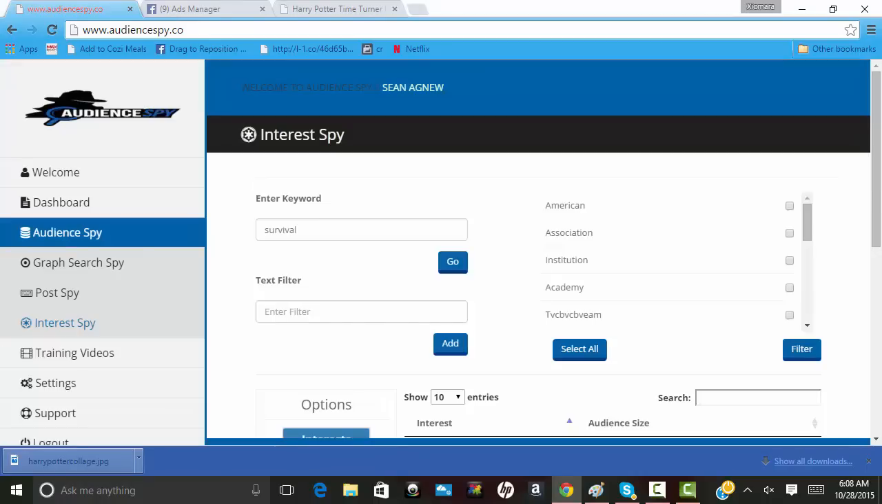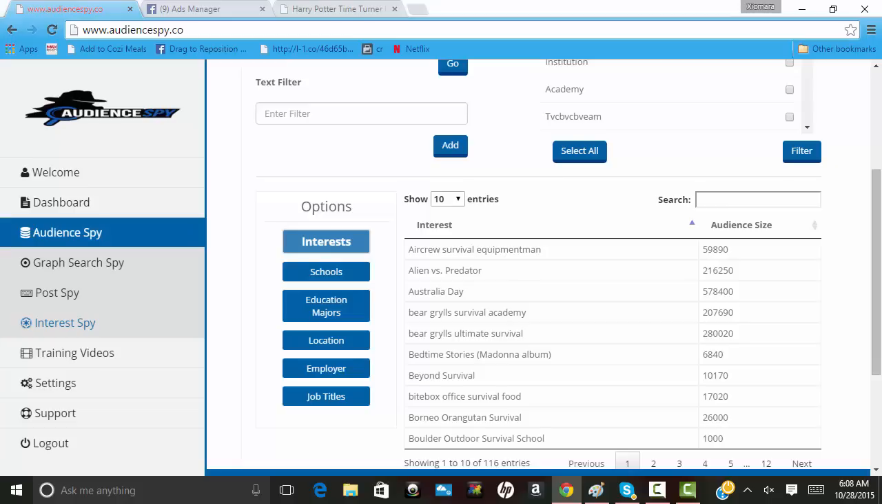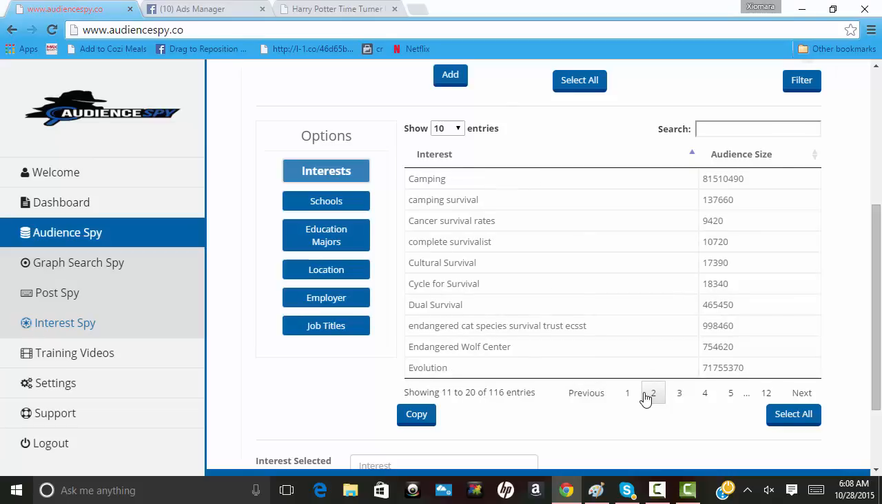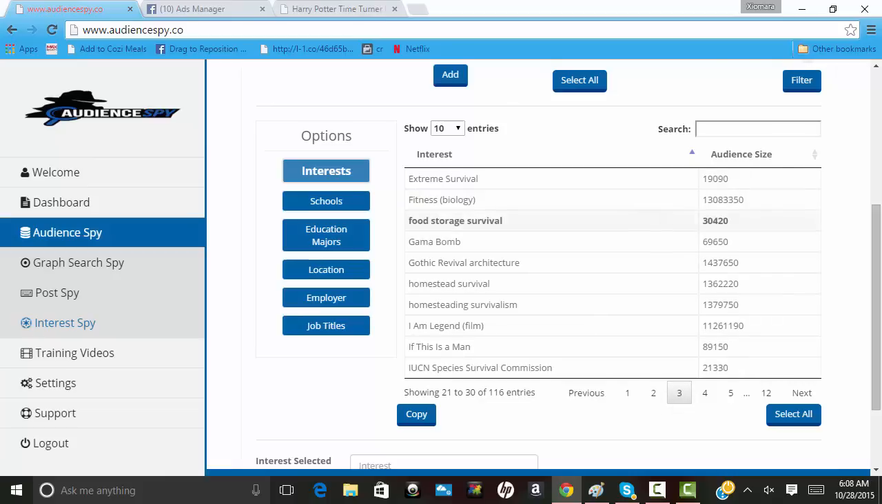giving it a moment to load, and look at this. I have 116 pages. Now keep in mind, anything that has the word survival, you have to do some filtering yourself. So look, I'll choose, this is a brand, Beyond Survival, and then there's Survival Academy, Survival School. I'm going to pick anything that has to do with survival, right? Camping Survival. And then there is Cultural Survival, Complete Survivalists. And then I'm going to go 3. There's Food Storage Survival,